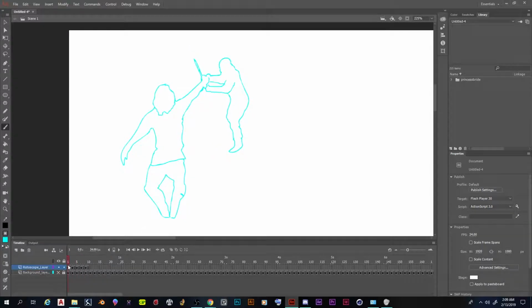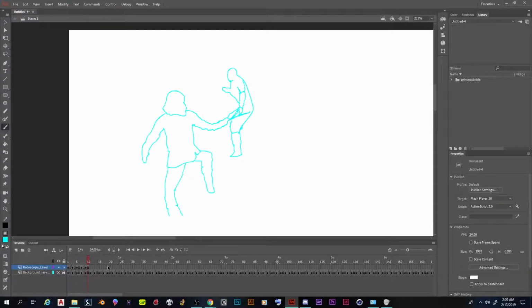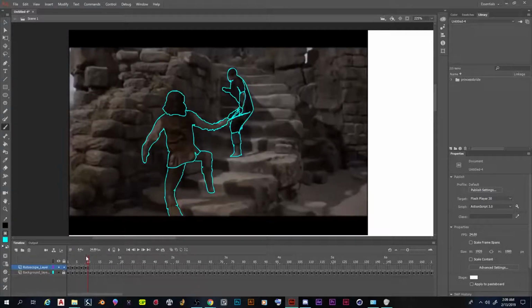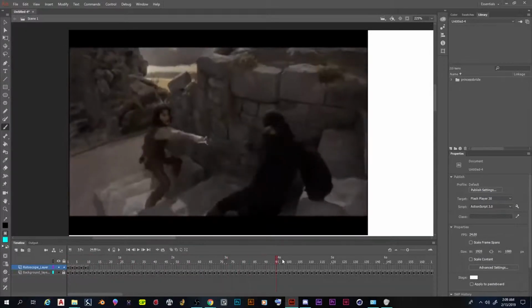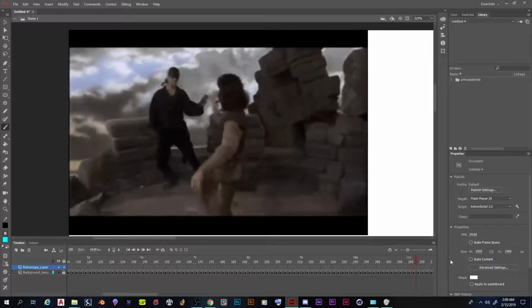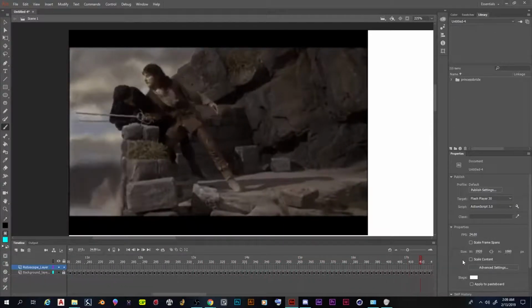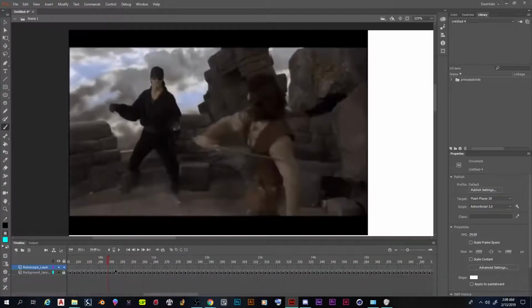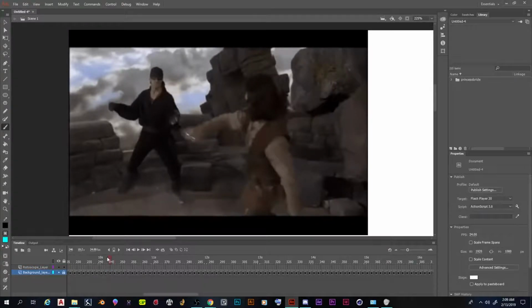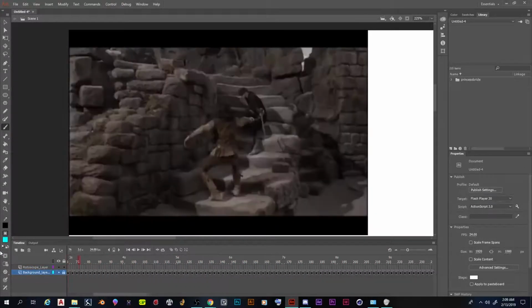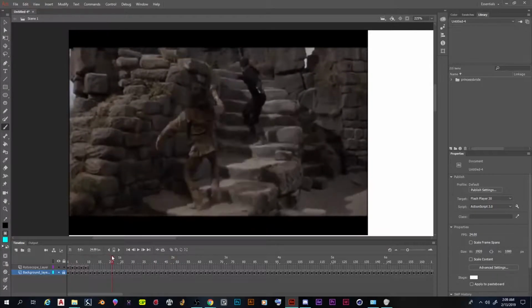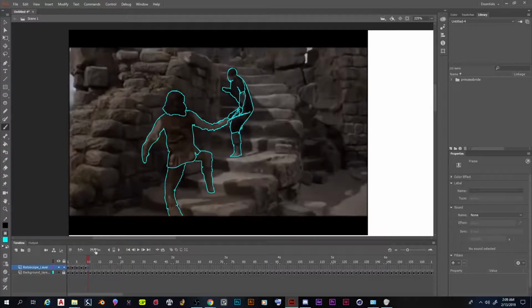So one thing to mention, whenever I have my animated GIF imported into my Animate file like this, it's 400 something frames long. You have to think each one of these images is about 2 megabytes, so the size of this file is about 800 megabytes. This can get pretty big for some people's computers if you don't have a lot of space. So what I'm going to do, just to save myself some space,